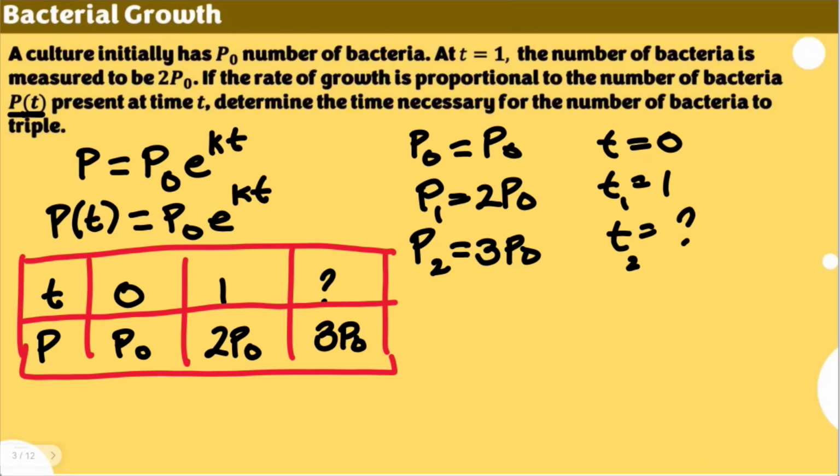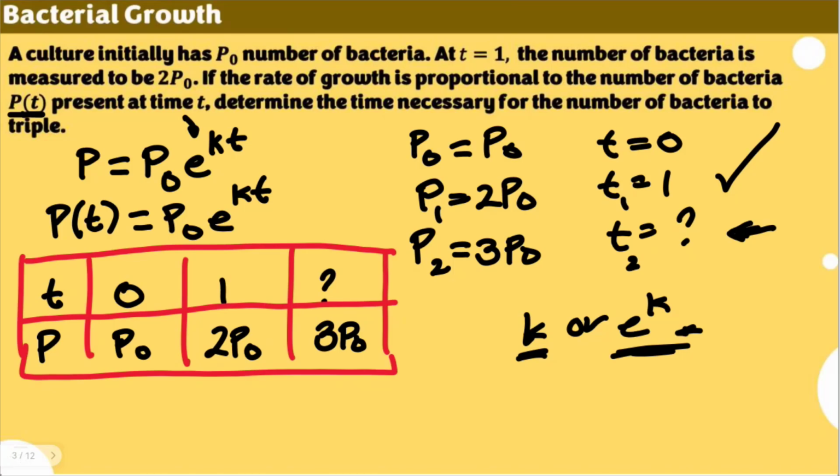Now, how do we solve this one here? The goal is to solve for k, or your e to the power of k, first. K is the constant of proportionality needed for this formula. As mentioned in the previous video, I'm going to stick with e to the power of k. Yes, you can still solve for k, but as soon as you try that on the second situation, of course, you're going to solve k using this. Then you're going to use that same k to solve for this t here. But when you use that k, you're still going to make it an exponent of our e. I'm going to stick with e to the power of k, because I will use the entire expression to solve for the next one.